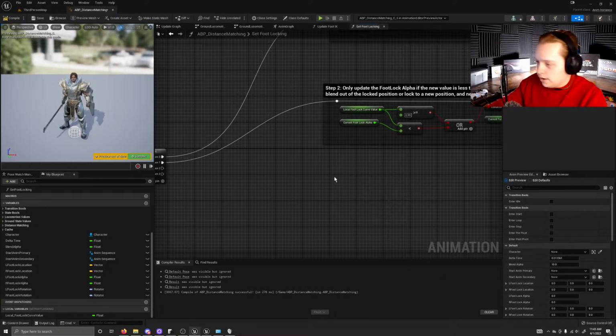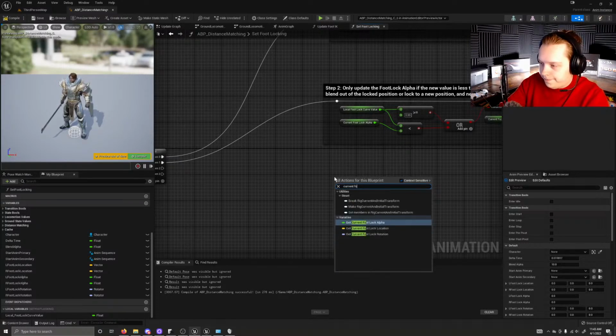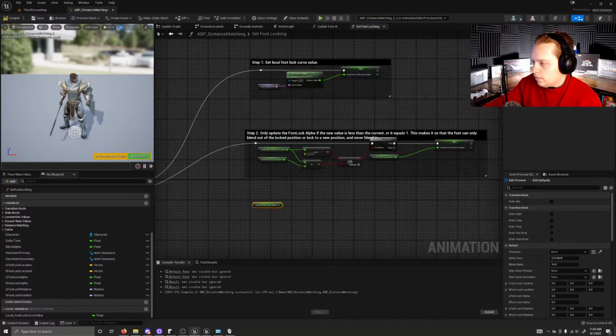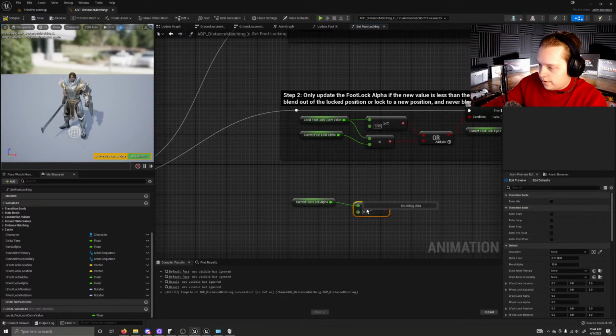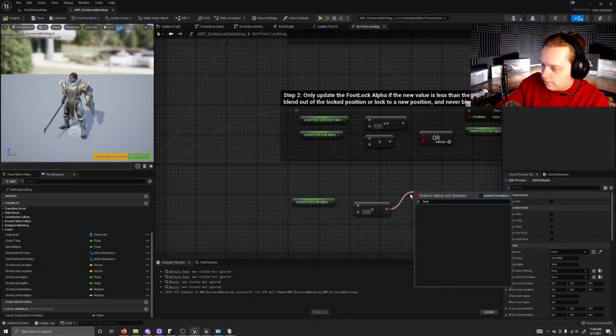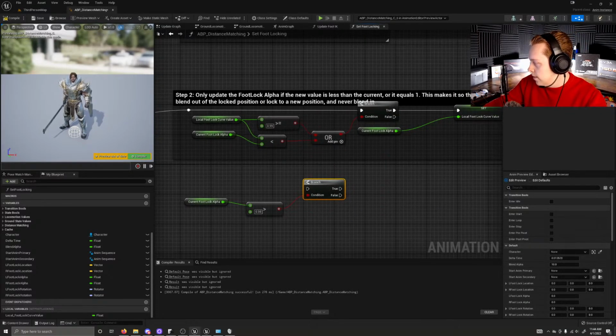Okay, so we're going to get our current footlock alpha. And again, if it's greater than or equal to 0.99, if that is true, I mean, let's get a branch, and if that is true, we're going to